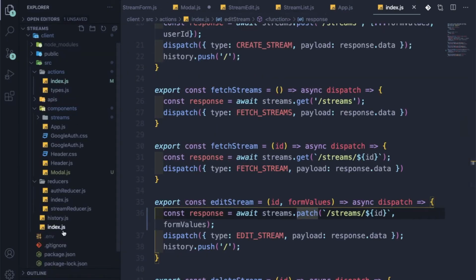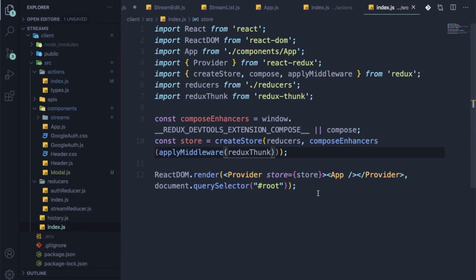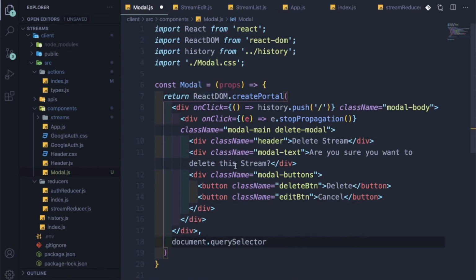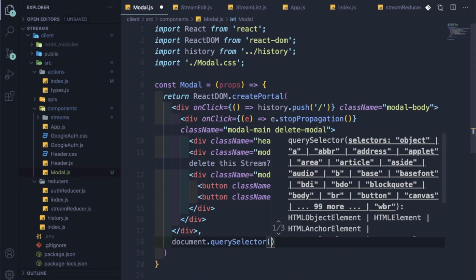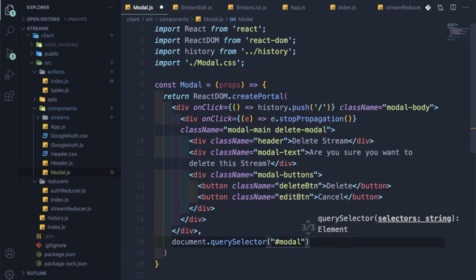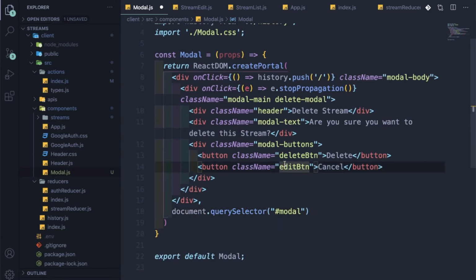Let me show you the root index, just like this, document.querySelector. Let me close it, let me open it. Document.querySelector and hash modal. This we need to create in our index file, but